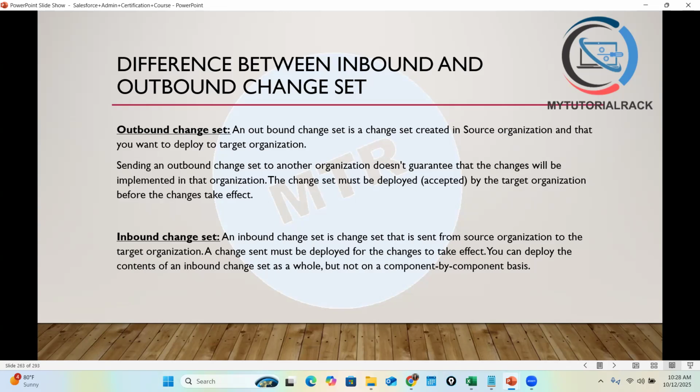Basically, if you are pushing your changes from, let's say in his example, the partial copy sandbox to the UAT org, then in the partial copy in which he has made the changes, like a trigger change or created a custom object, added a few fields, he will create the outbound change set. Once he creates it, he will use the upload button and define to which org he wants to upload it. He can choose any of the orgs connected to your source org. It will show your UAT org, your production org, and he can say, okay, I want to push these changes